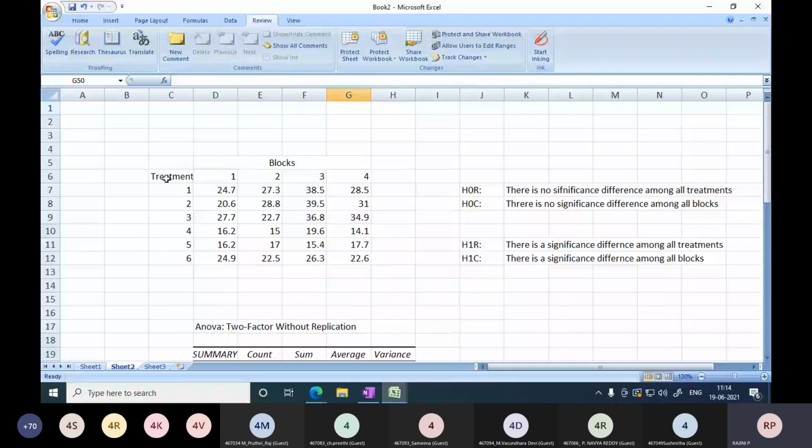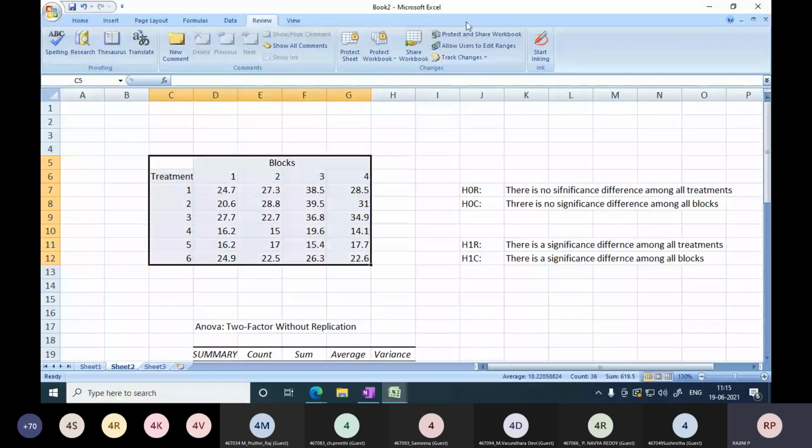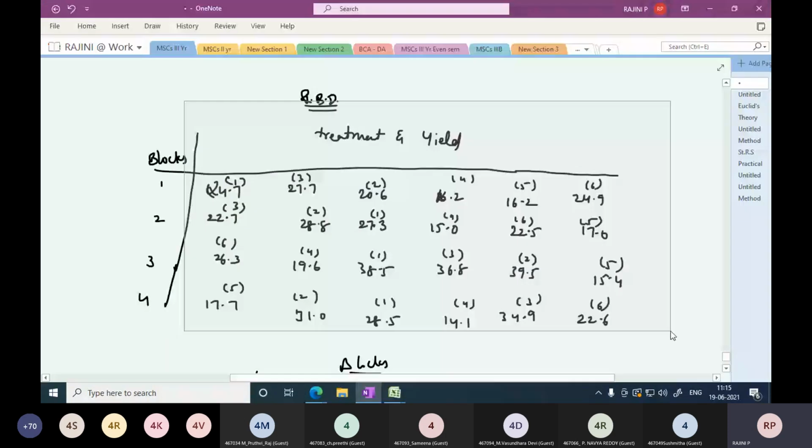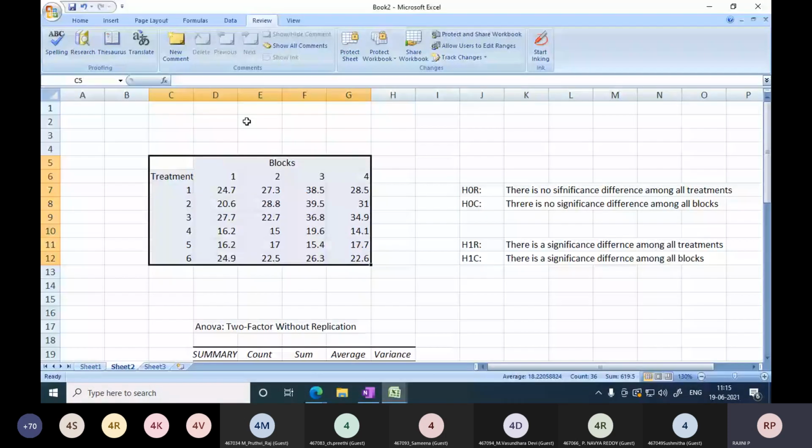In the one way, two way, this arranged data will be given to you, and directly you need to go to the data analysis. But coming to the RBD, this raw data will be given to you. You need to do one more extra step: you need to arrange the data and then go for the data analysis. Is it clear? Yes, ma'am. So with this, we finished the unit 1 and 2 practicals. In the next class, we'll see mortality rate and fertility rates.